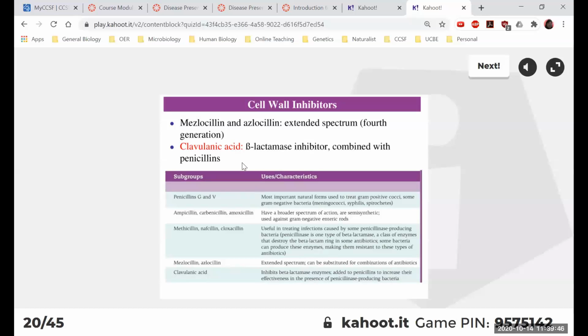A more recent discovery is also this chemical compound called clavulanic acid. So clavulanic acid is actually a beta-lactamase inhibitor. So remember, beta-lactamase is the enzyme that bacteria produce that makes penicillin useless. So we have discovered an inhibitor for the beta-lactamase. And then if you combine penicillin with this clavulanic acid, basically, even if the bacteria have a resistance mechanism to produce beta-lactamase, because the drug contains this chemical that can make the beta-lactamase ineffective, penicillin can still kill the bacteria.